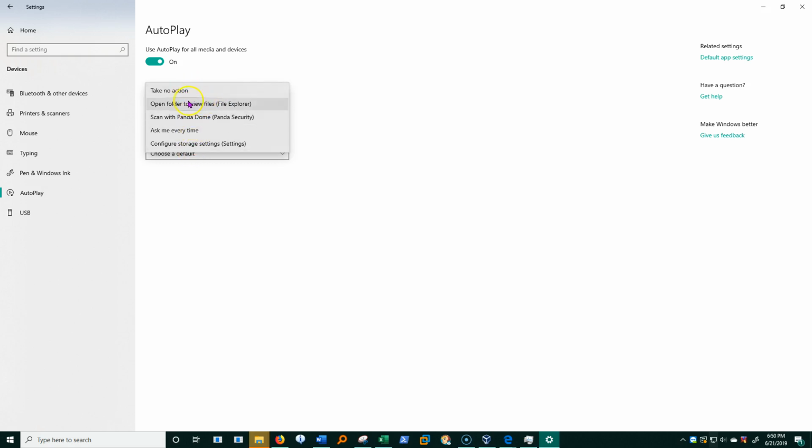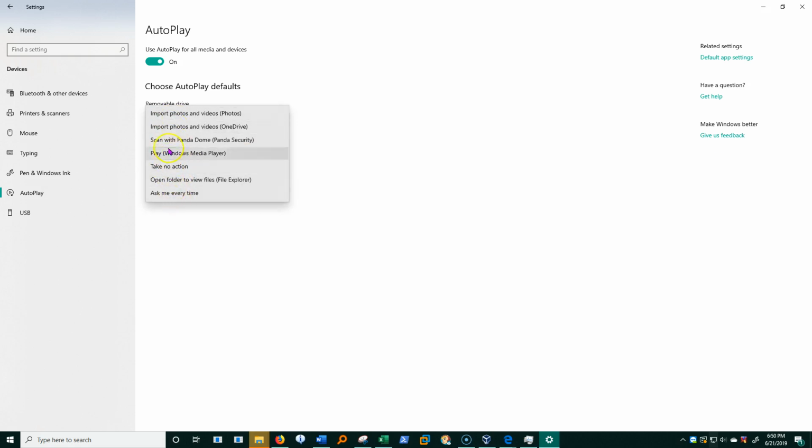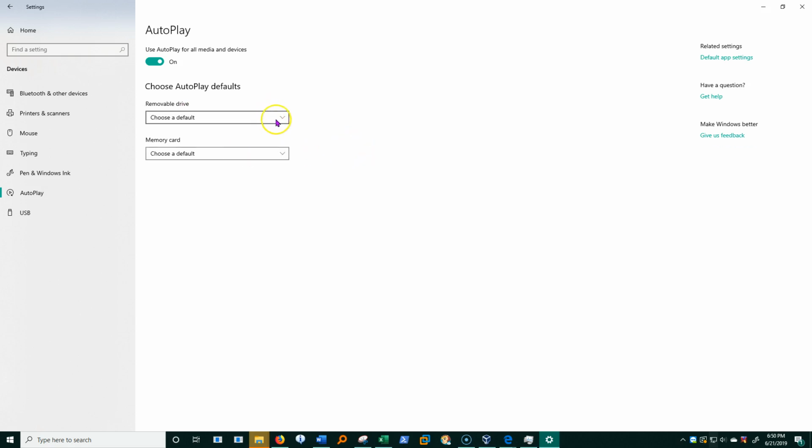Do I want to open it in File Explorer, ask every time, scan it with my security scanner? In other words, do I want to play it in Windows Media Player, open it and import it into the Photos folder, and so forth. So this is kind of handy for removable media.